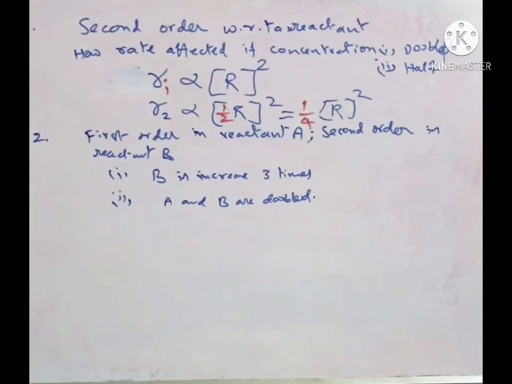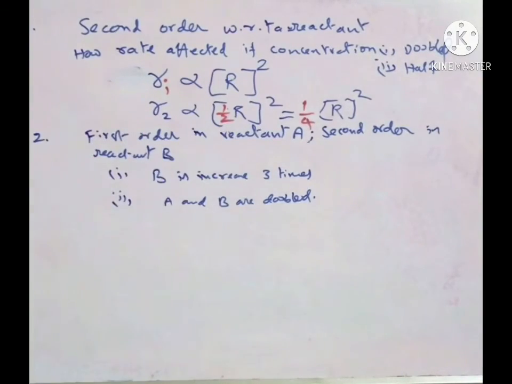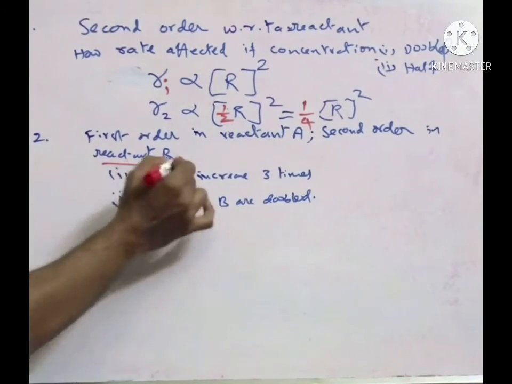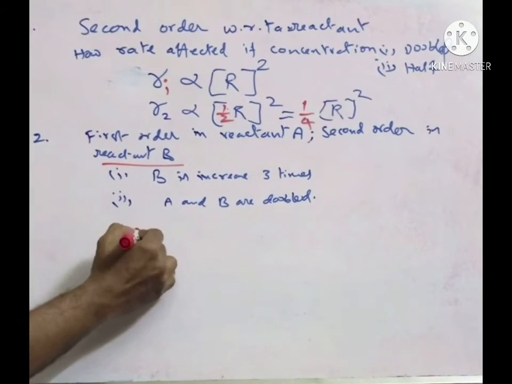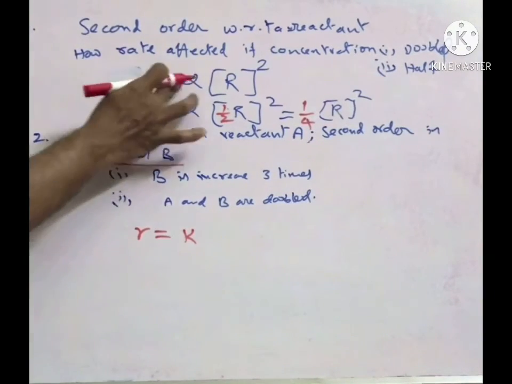And the second one we will see. Another question will be given here, the short form of the question. We will read. A reaction is of first order in reactant A and second order in reactant B. So we will write a rate of reaction equation. We can write some constant if you want. It is easier instead of proportionality.